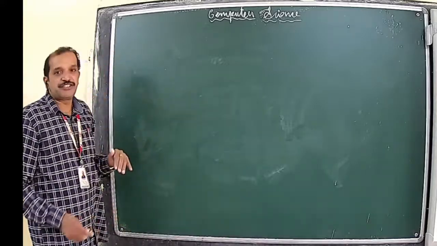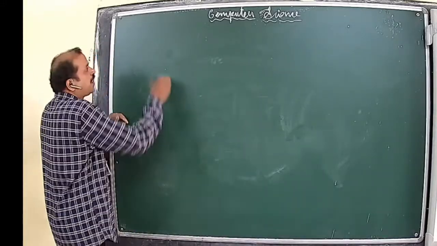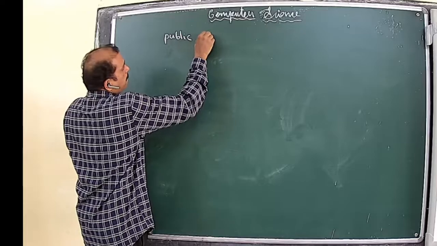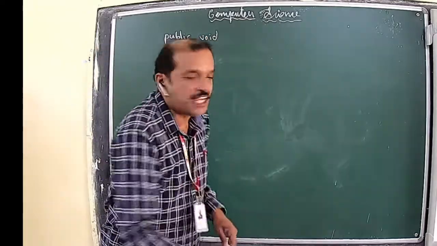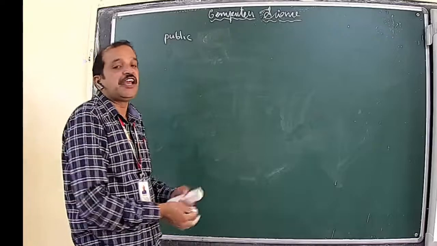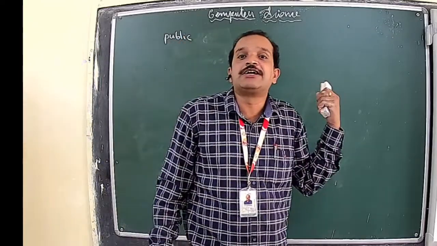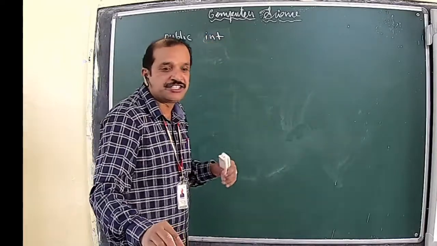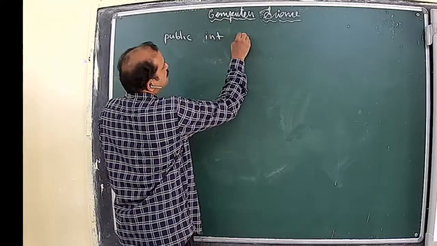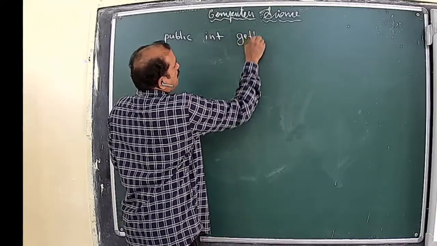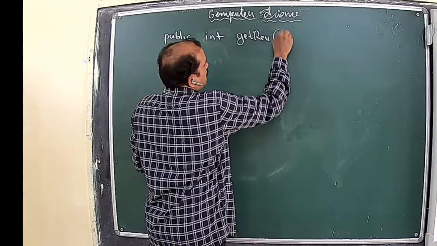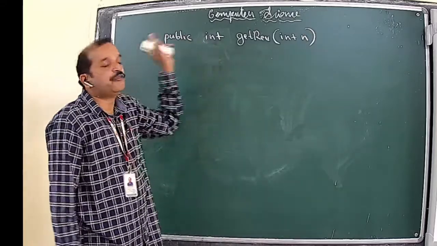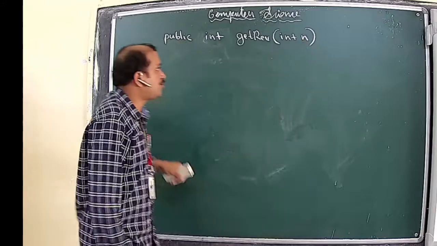For the looping statement, first of all, we will accept the number as a parameter to a function. In this case, we are going to create a pure function in which a number will be accepted and the reversed number will be returned. We will return an integer value, which is the reversed number of the one accepted. We will accept integer n as an argument, and we will return the reversed number of whatever number we have received here. So that is our task.